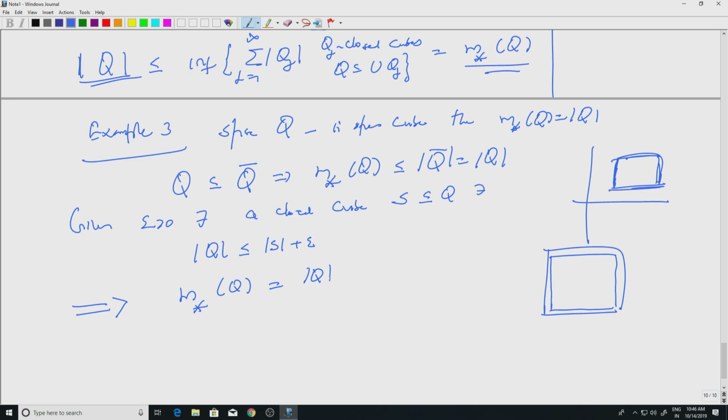Okay. So, we will stop for now. We have just seen what is the outer measure, which is defined for all subsets of Rn, and we have seen that it coincides with the notion of volume when the set is a closed cube or an open cube. Now, we will look at properties of the outer measure, and then we will see that it turns out to be a countably additive measure when we restrict it to an appropriate sigma algebra.